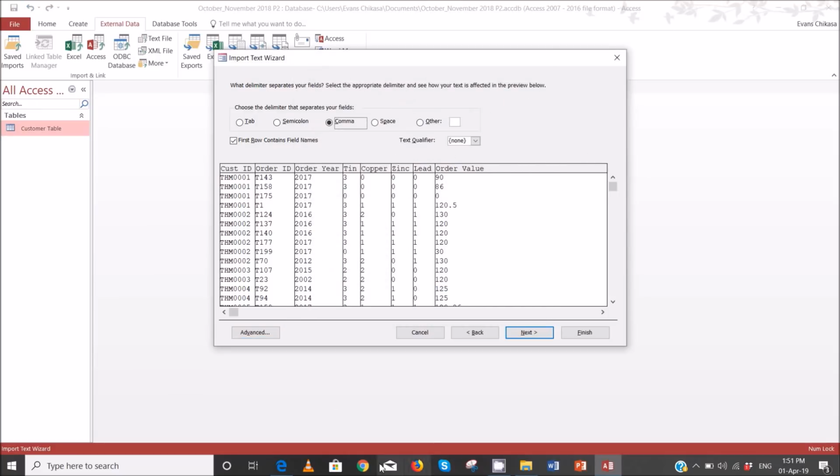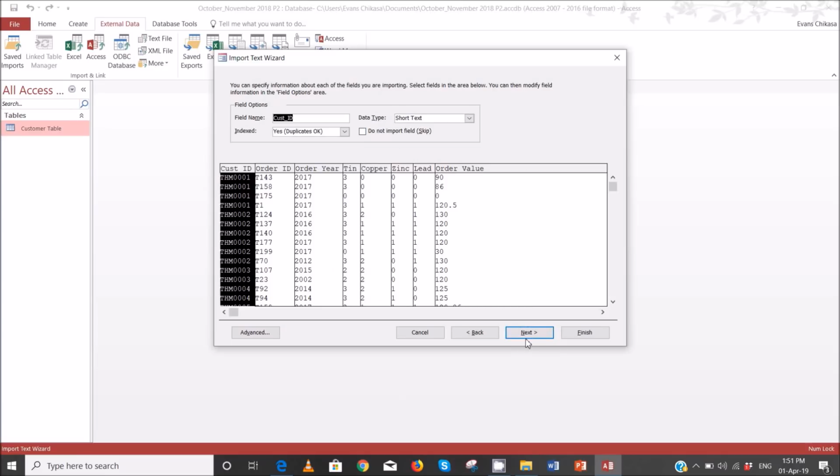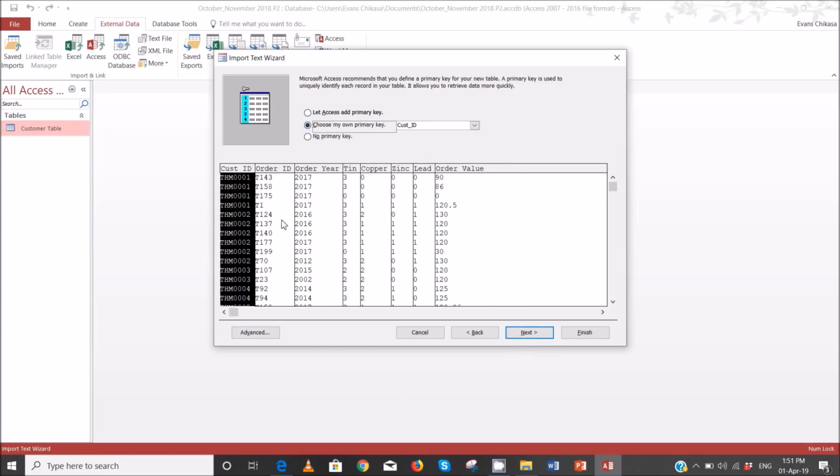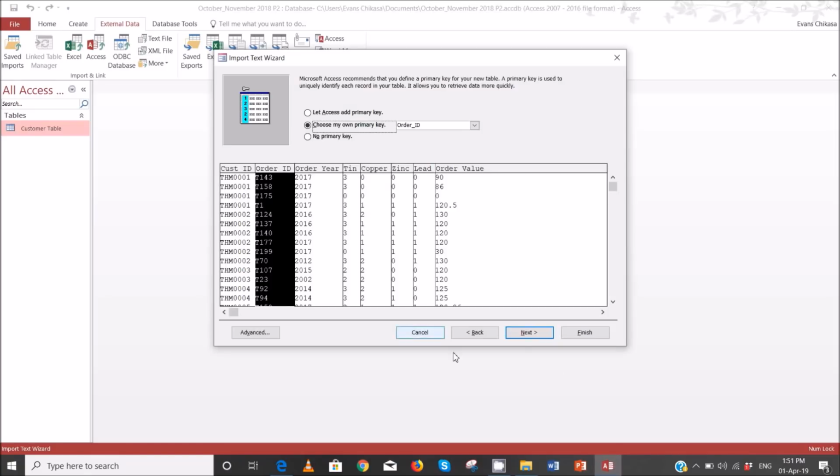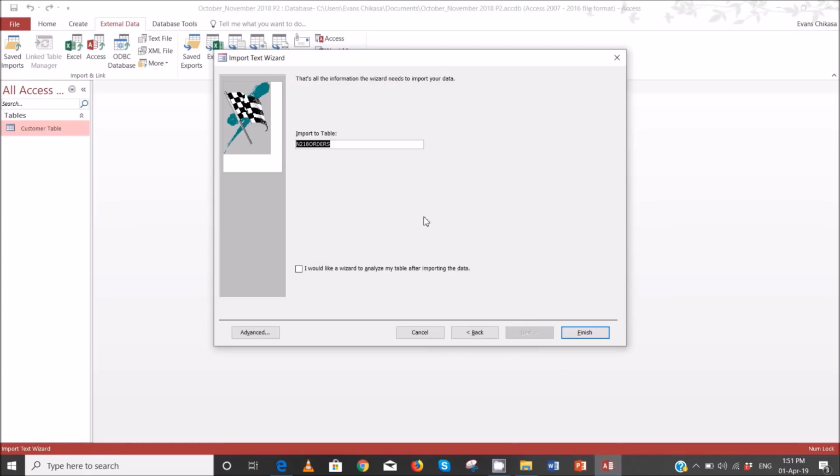And yeah, so go through next, and here just go next. And for the primary key, we'll set order ID as instructed. We set order ID as primary field. Okay, and that should be fine. Next, this one I'll call my order table. Okay, then